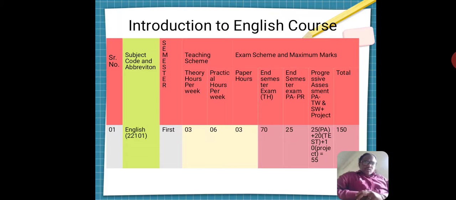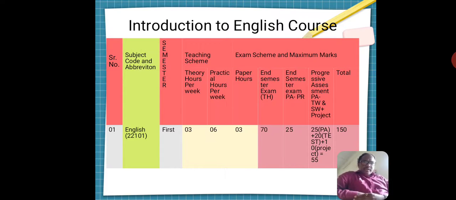Again, we have some regular progressive assessment, or you may call it progressive assessment term work, which is of 25 marks. Then in this semester we have 2 unit tests. Each carries 20 marks, and out of 20 we have to calculate.